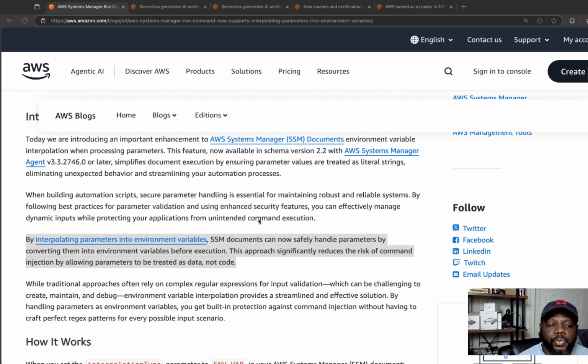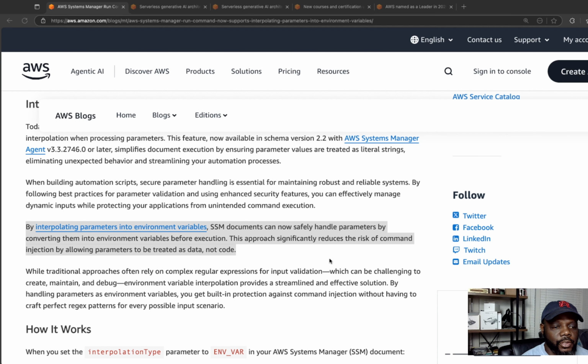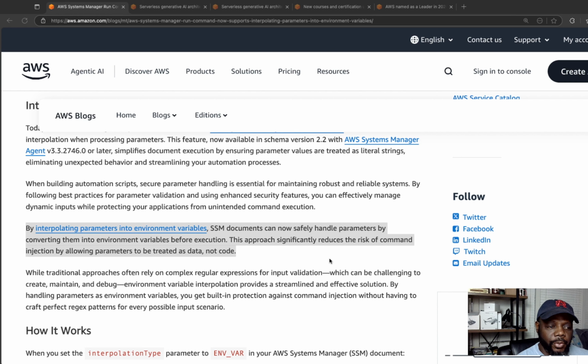This approach significantly reduces the risk of command injection by allowing parameters to be treated as data and not code. So basically these values will get picked up at runtime,